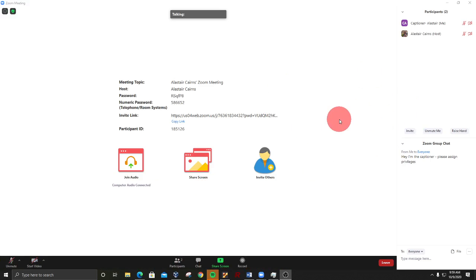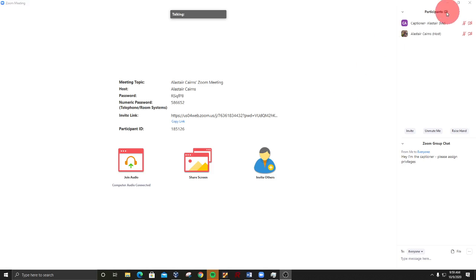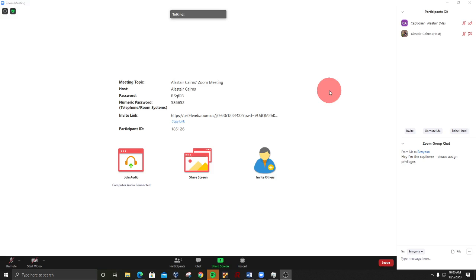So we're in a Zoom meeting here. The first thing I want you to be aware of is that it's very useful to have your name as captioner dash whatever. We have some clients that specify even more specifically how you have to have your name, but it's very useful to have captioning in your name, and that's because if I look at the meeting right now,